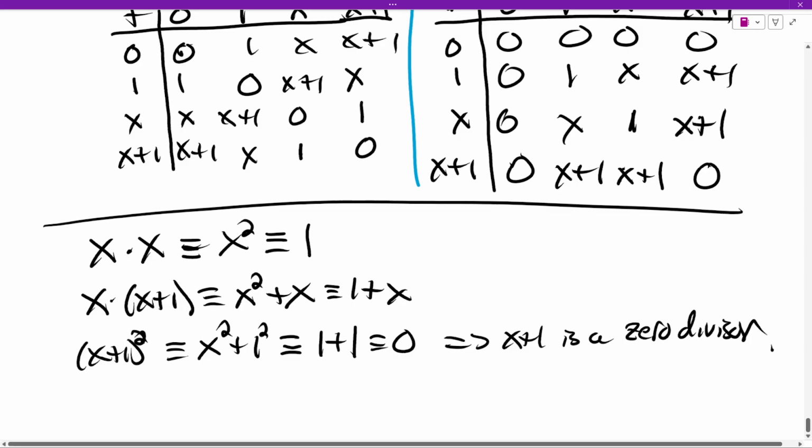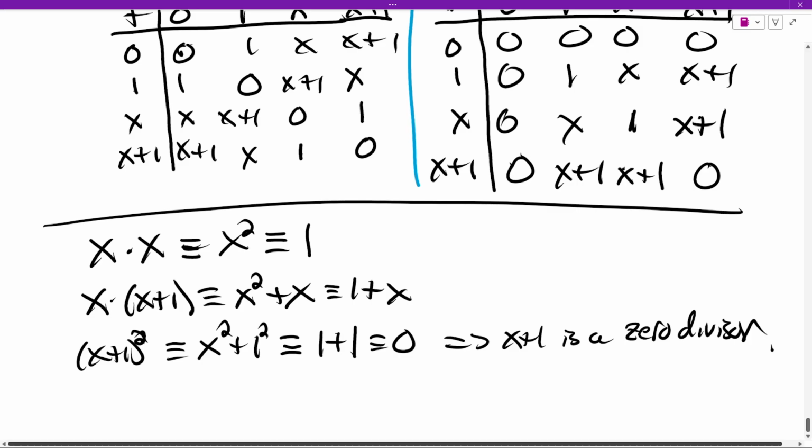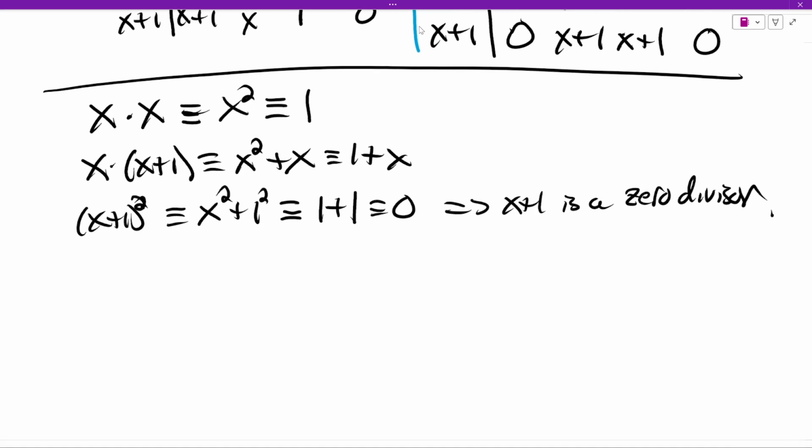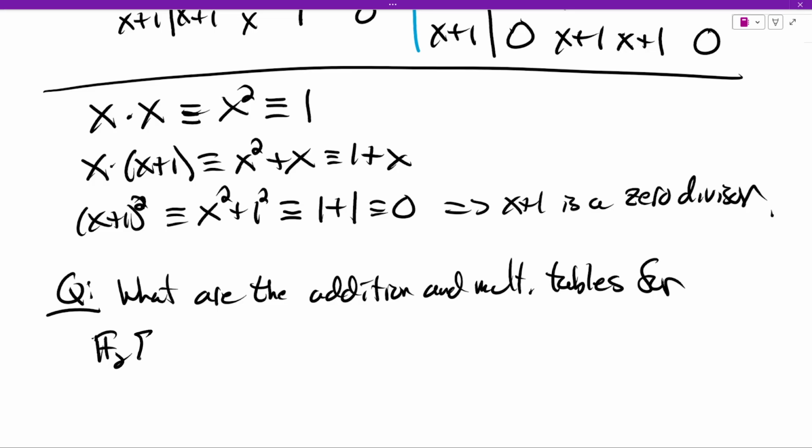So as just a reminder, how do we understand rings? Well, we work out the addition and multiplication table, and this is what we get in this case. So as an example, which we'll do maybe in class, but you can think about now, what are the addition and multiplication tables for F2 adjoin x mod x cubed minus x minus 1, and as a hint,